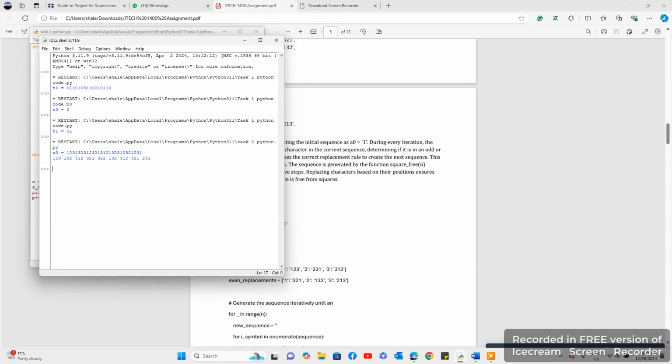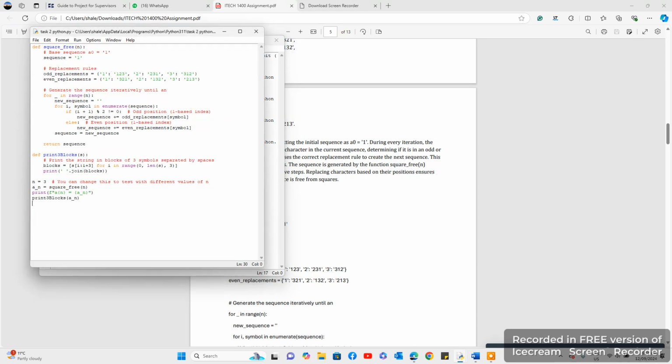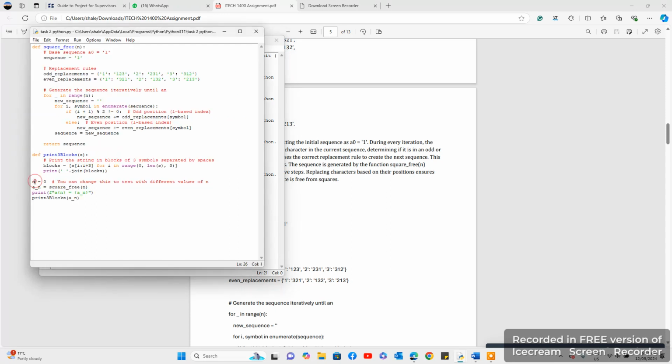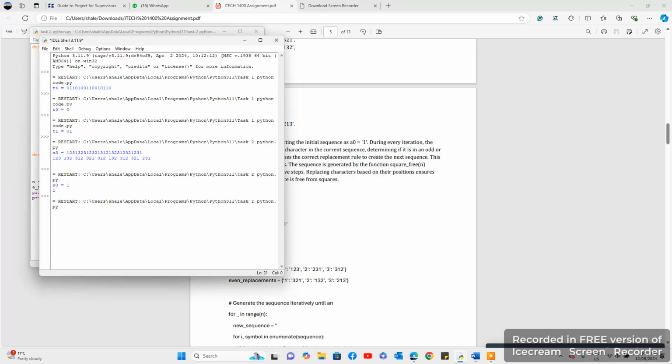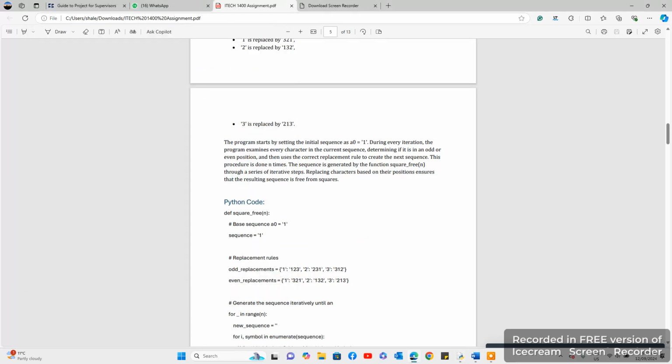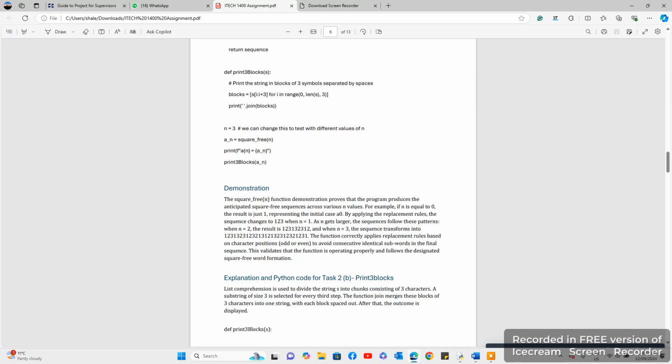So if I change my input into 0, then the result will be a0 equal to 1, just 1. And if I change my input into, suppose, 6, it will come in 6 sequences, like this. So that was my task 2, and task 3